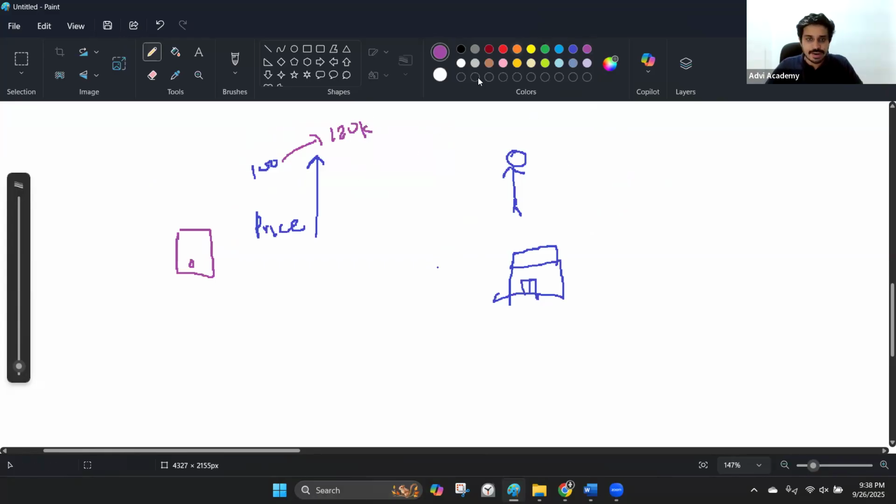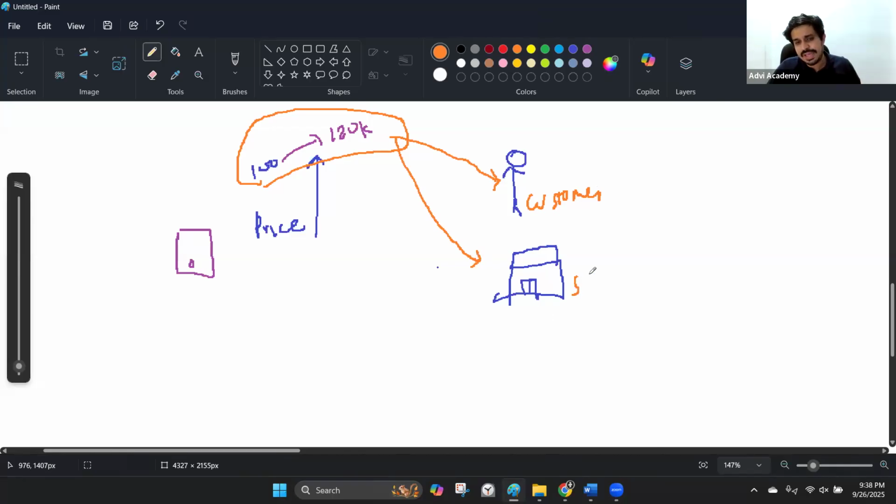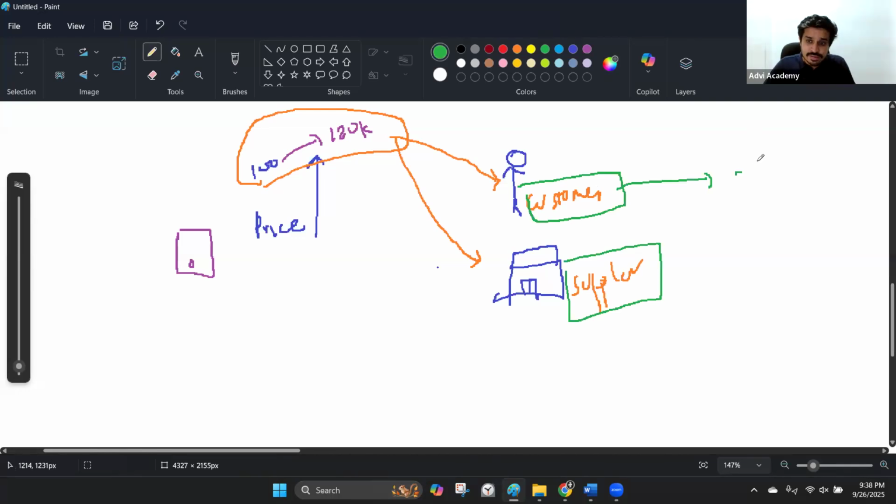So this is the signal part. Whenever the prices are increasing, we say according to the price mechanism, it will provide a signal to the customer also, saying here the price is going up, and then it will also provide a signal to the supplier also, saying hey, the price is going up. This is the signaling function we are talking about. Okay. So then incentive function means how will the customers or the suppliers react? If the price goes up, customers' demand will actually come down.